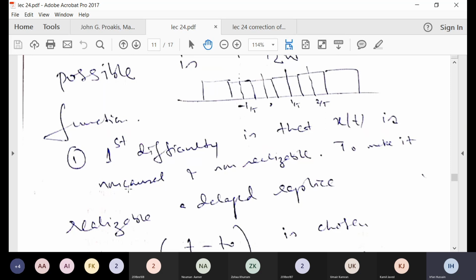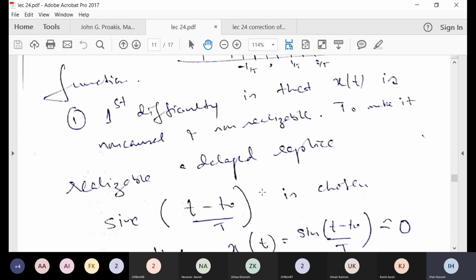You can see it extends from negative to positive values. And so this means that it will represent a non-causal system, which means it will become non-realizable, because you will require future values, which is almost impossible. So how can we make it a realizable function? We say, all right, we use a sinc, but we use a delayed replica of the sinc, and we delay it to the extent